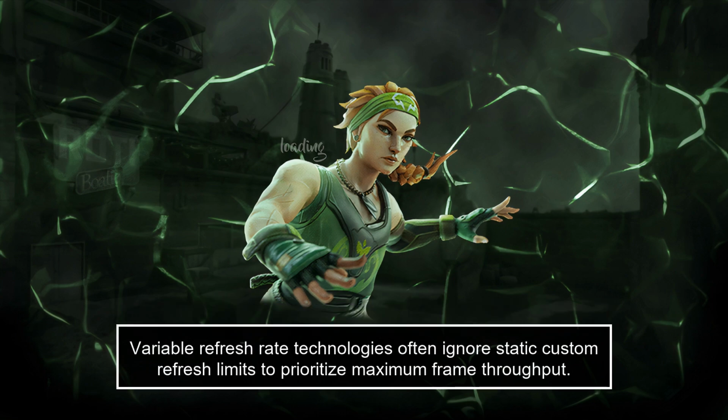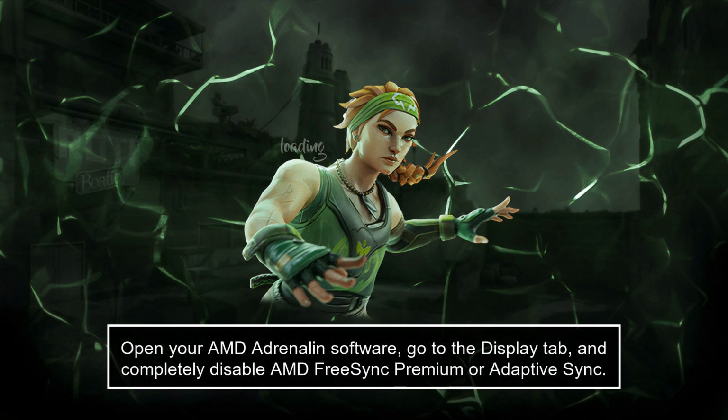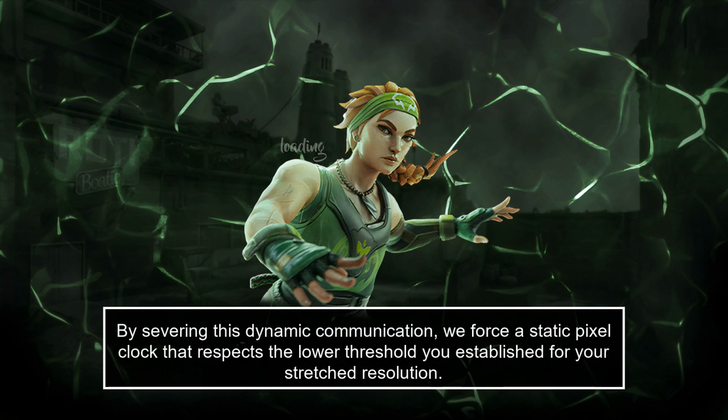ceiling. Variable refresh rate technologies often ignore static custom refresh limits to prioritize maximum frame throughput. Open your AMD Adrenalin software, go to the Display tab, and completely disable AMD FreeSync Premium or Adaptive Sync. By severing this dynamic communication, we force a static pixel clock that respects the lower threshold you established for your